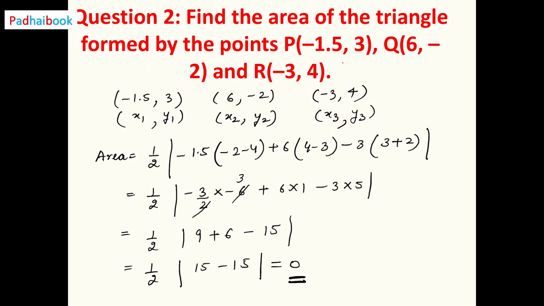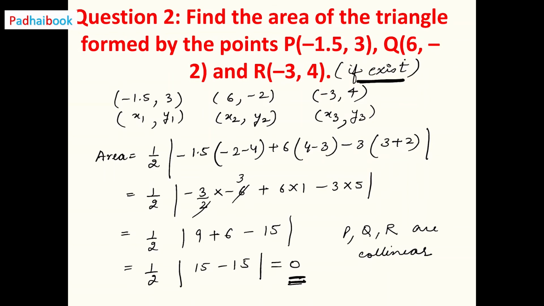Actually, the language of this question should have "if exist" in it. Find the area of the triangle if exist. Now see, the area of the triangle is coming out to be 0. That means the points P, Q and R are not going to form any triangle, and ultimately we can write that the points P, Q and R are collinear. Right? So there is a problem in the language of the question. Here it should have been: find the area of the triangle formed by the points P, Q and R if exist. So there is no such triangle with the coordinates P, Q and R.